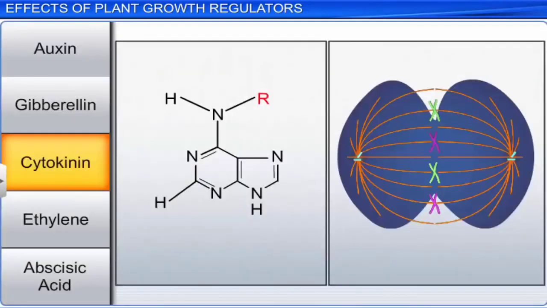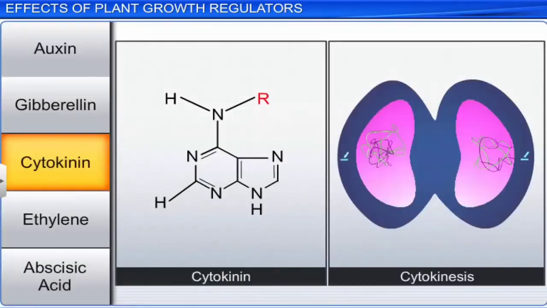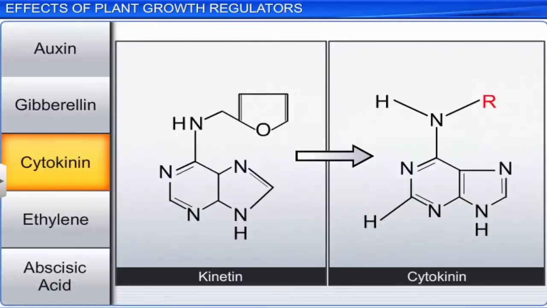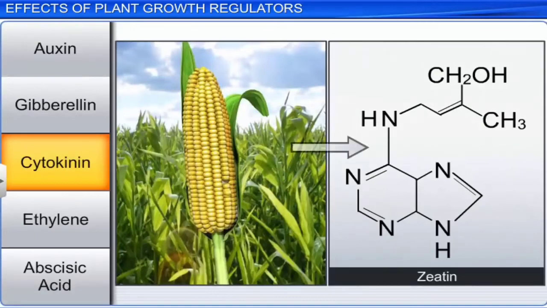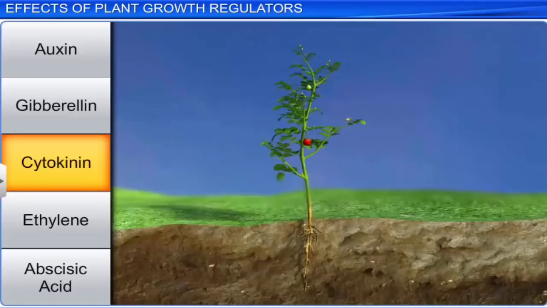Growth promoter cytokinin plays an important role in the cytokinesis or the division of cytoplasm in a plant cell. They were first discovered in the form of kinetin, a purine derivative. One type of cytokinin, zeatin, was later isolated from corn kernel. And much later,